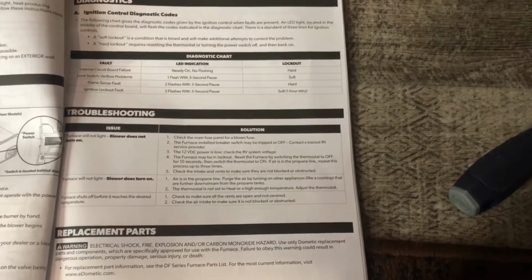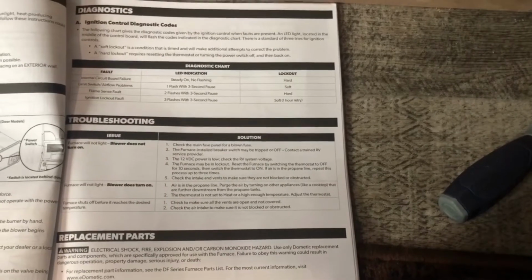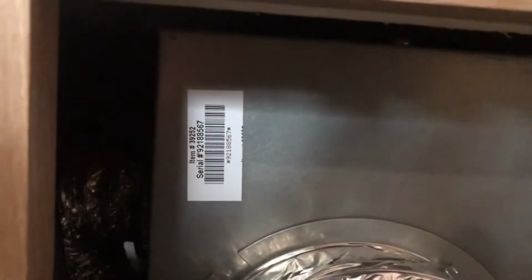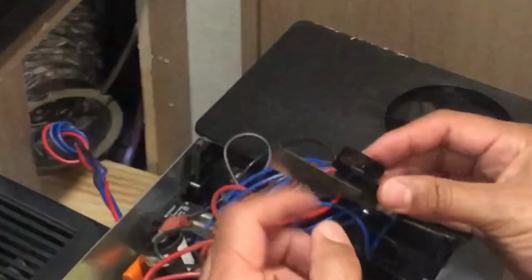So the next step for us is to wait to see if this thing will reset itself after a minute or so, and then we'll probably have to go back in there and replace the sail switch to see if it will do something. My light's still flickering on and off, so it's telling me that I still have the same airflow problem. So if your fan is running but it's not igniting